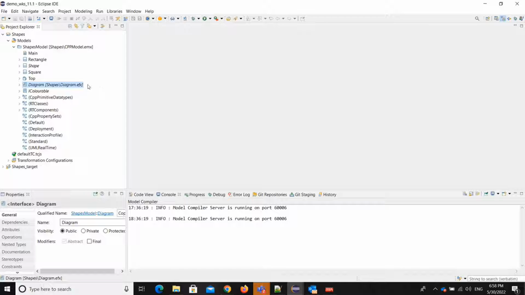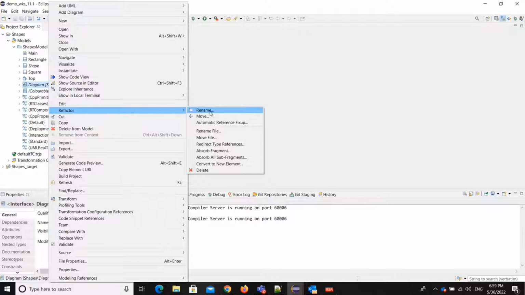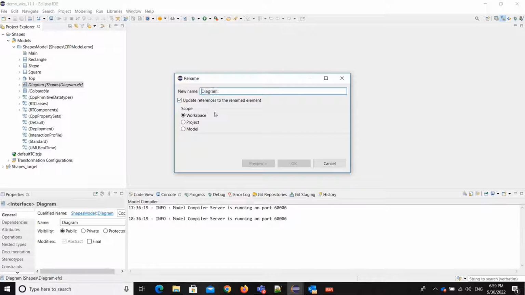As I mentioned, I'll move to the earlier sprint product version. I have this project called Shapes, and this is a shapes model with a couple of shapes. This interface called diagram has been fragmented, and you can see the file name also, diagram.efx. Now, for example, if I rename it to IDiagram, because it's an interface, to make it consistent with other interfaces, I'll just rename this